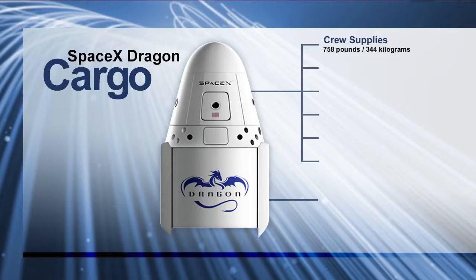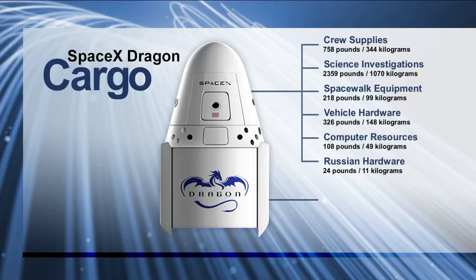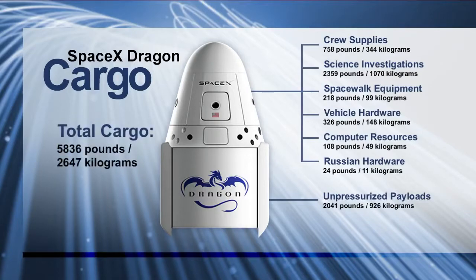And a quick breakdown for you here. In that cargo inside the capsule, about 758 pounds of crew supplies, things like food, clothes, and other items for the crew. Over 2,300 pounds of science investigations from both NASA and a number of different users taking advantage of the U.S. National Lab. Spacewalking equipment tipping the scales at 218 pounds, 326 pounds of vehicle hardware, spare parts, things like that. 108 pounds of computer resources and 24 pounds of Russian hardware, that also including some food for the